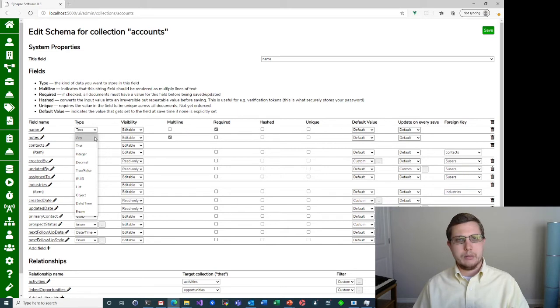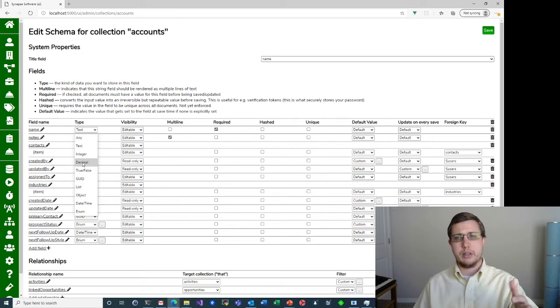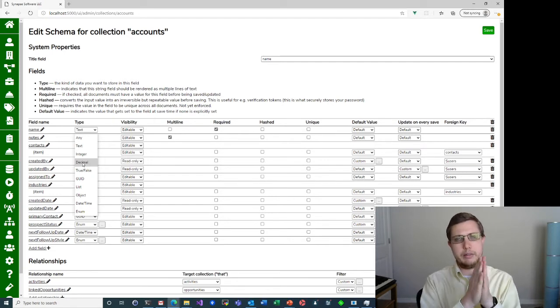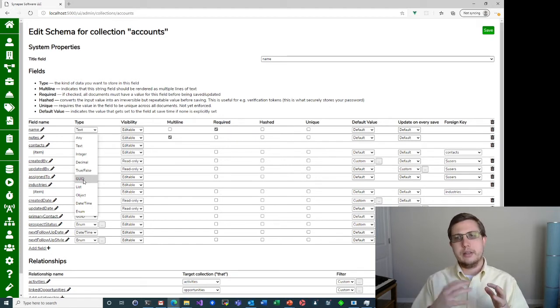We have any, which basically means it can be whatever, text, integer, basically whole number, decimal, and this is using floating point decimals. It's not fixed point decimals. So if you're doing things like monetary calculations, I don't recommend using that data type. We can go into more detail about that in a future video. True and false, Boolean,